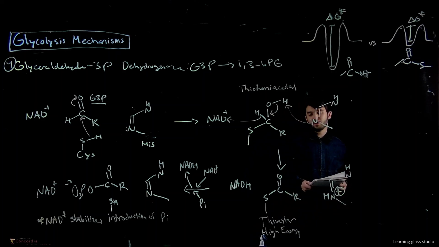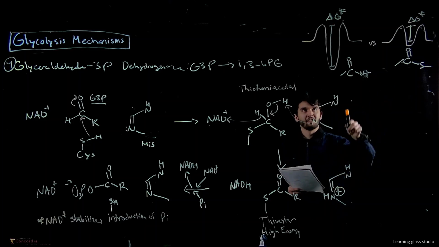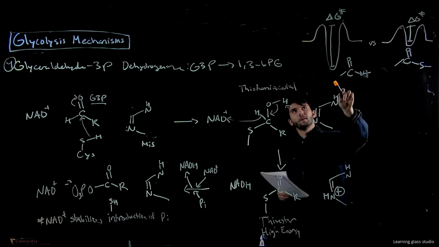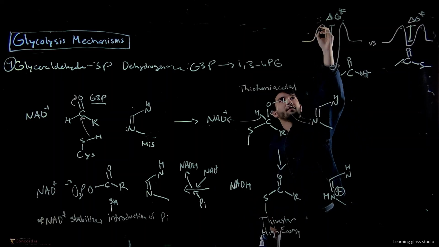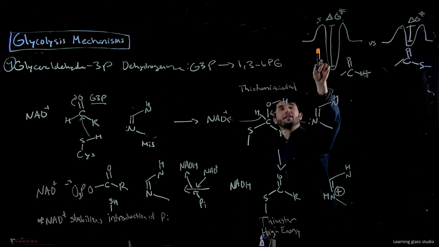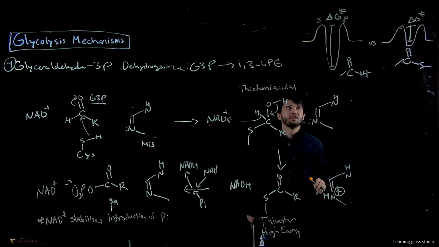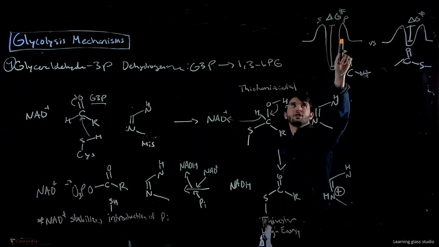So essentially, why does this not form this sort of ester intermediate? Why does it form a thioester? It's because the ester is a lot more stable. So this is the sulfur intermediate. So this is the thiohemiacetal, and this is sort of part of the phosphate intermediate, right? So these are both pretty high in energy, but